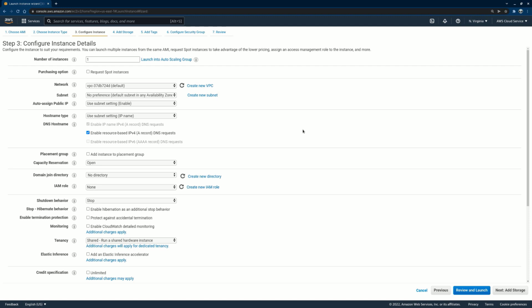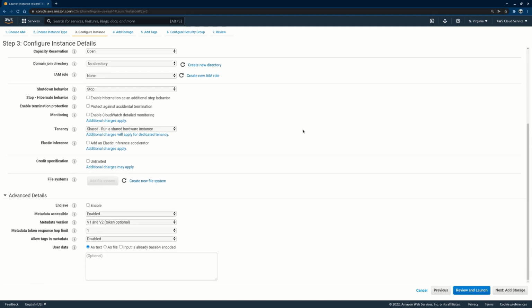So make sure you don't skip this page because there's a script that we have to put in so that we can have Docker install. So as you can see in this box down there, I'm gonna put in a script, and then I'm gonna walk you through it, tell you exactly what the script is doing. But essentially what we're trying to do is to just install Docker and Docker Compose on the computer as AWS is launching the computer. So I've copied the script, so I'm just gonna go ahead and paste it,